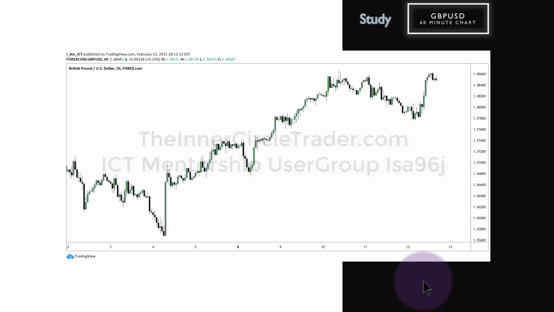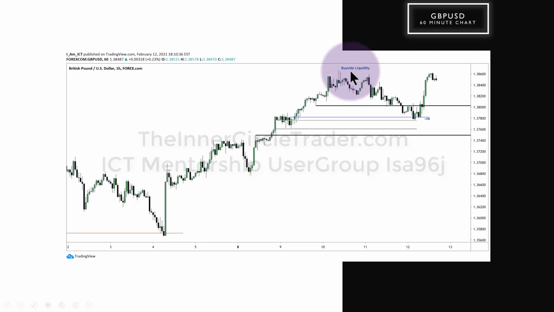One hour chart on the British pound versus US dollar. Buy side liquidity pool resting above these relative equal highs. Trades down into a bullish order block and the old fair value gap here. Okay, extend that out in time, hits it, bang, rallies. So the larger imbalance here has the smaller old fair value gap and then the order block as well. So it trades down into these discount arrays and then you get the reaction.